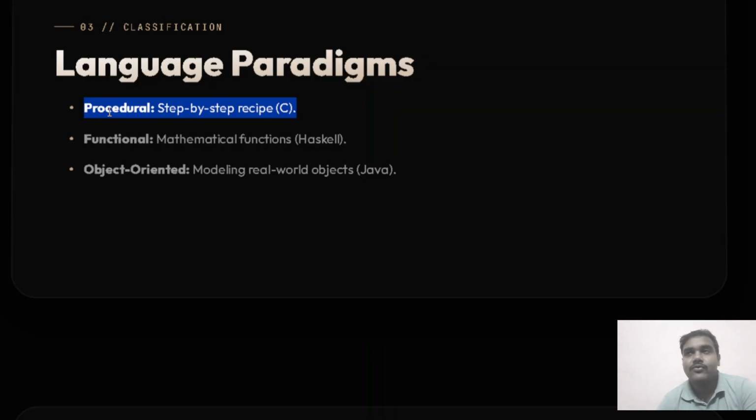So let's say you have to make a program, or you have to code something to make a sum of two numbers. Okay, so first of all you have to take input of number 1, then you have to take input of number 2, then only you can actually calculate those. Now if you take number 1 first, then you calculate the thing, and then lastly you are taking number 2 as input, then that's not how it should work, right? That won't be technically possible. So we have to maintain some kind of steps one by one. That is the main ideology behind procedural language.